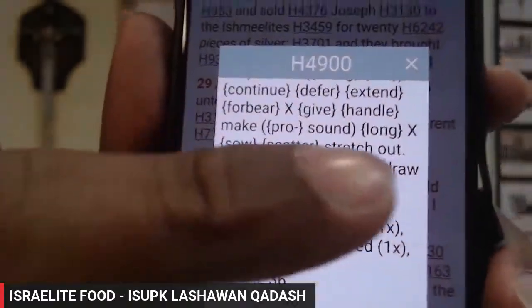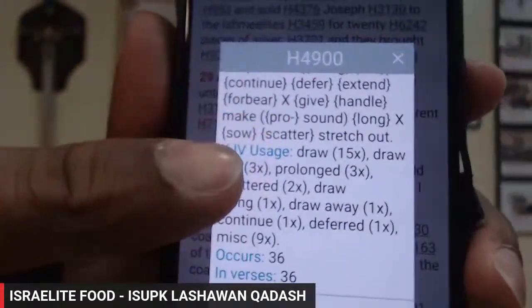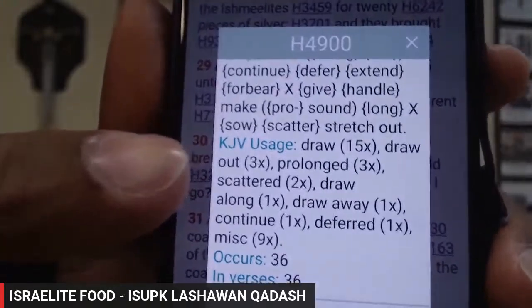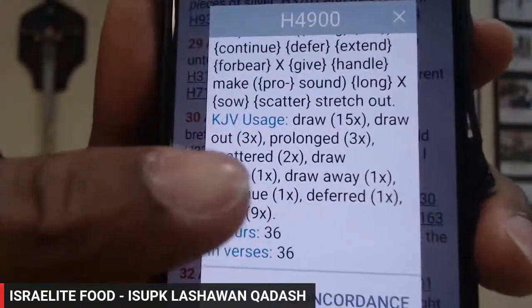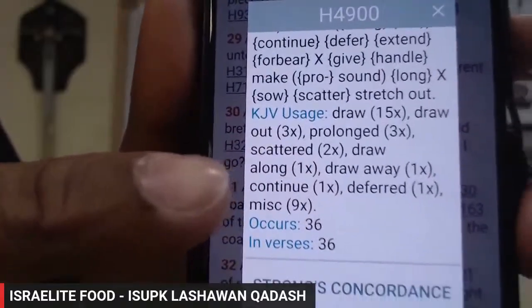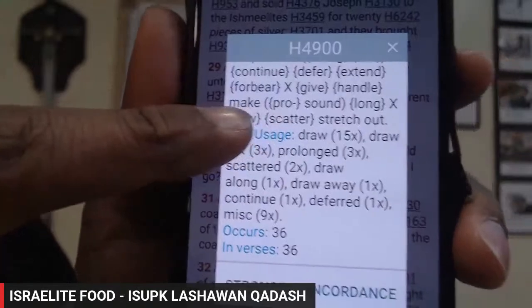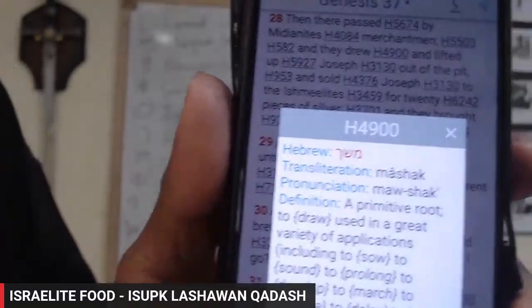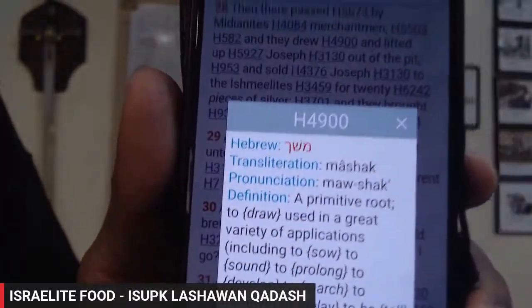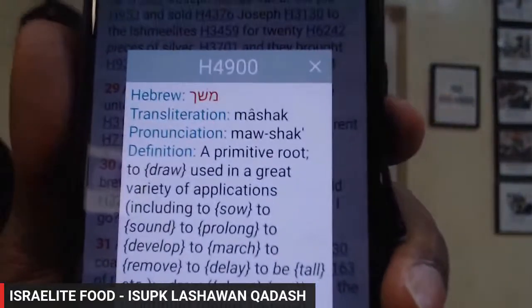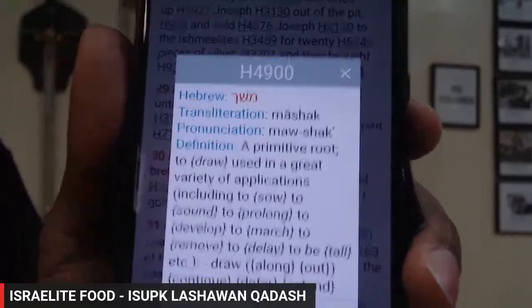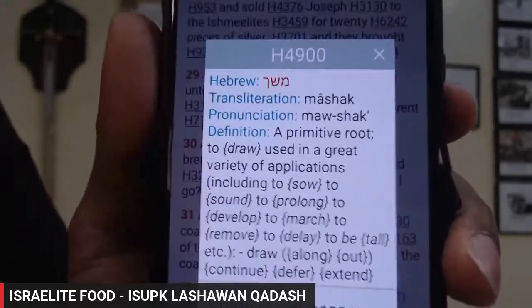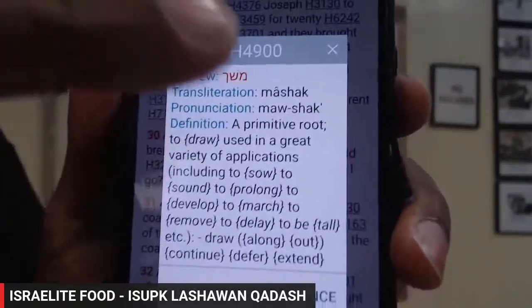And it says draw out, prolong, like you prolong time, like you draw out time. Scatter, like you draw out the guys to scatter. Draw along, draw away. Continue, deferred. Okay. So this is not Mayan Masha, like Moses. Masha with Moses, his name was Mayam Masha, to say drawn from the waters. Or lifted. Right? That Sha'ah in Moses, for when it says Masha, that Sha'ah is to say lift. But this one is properly like drawn, like